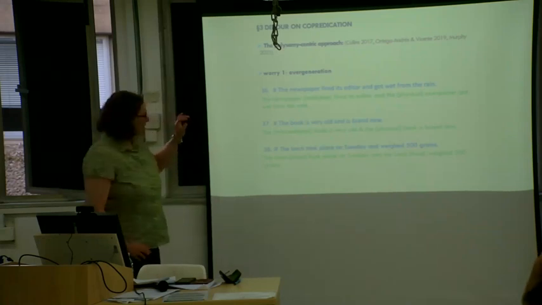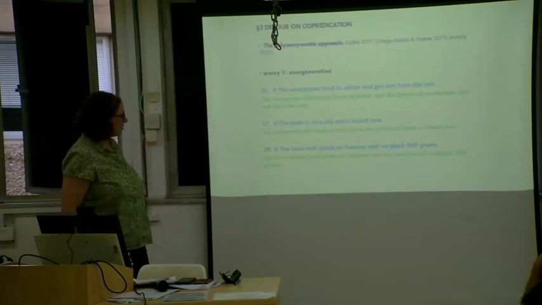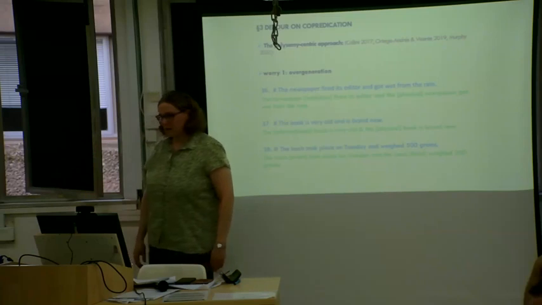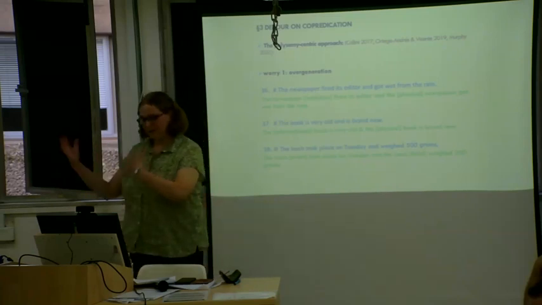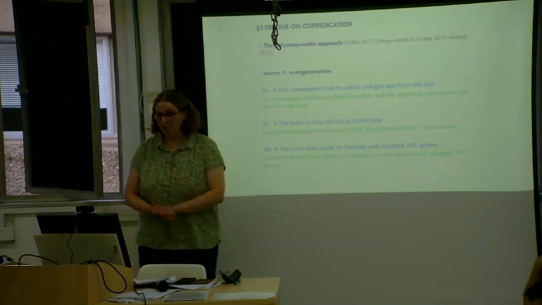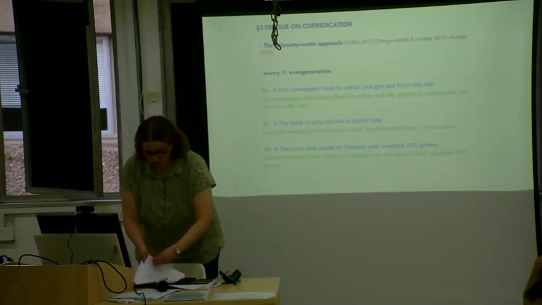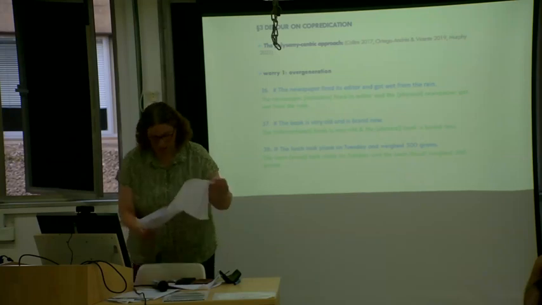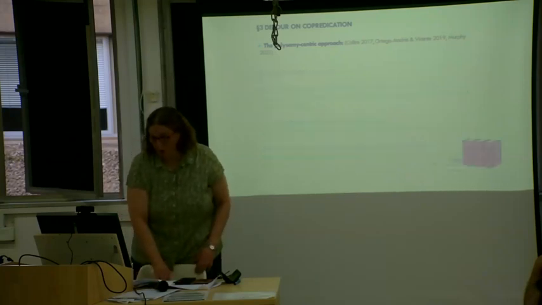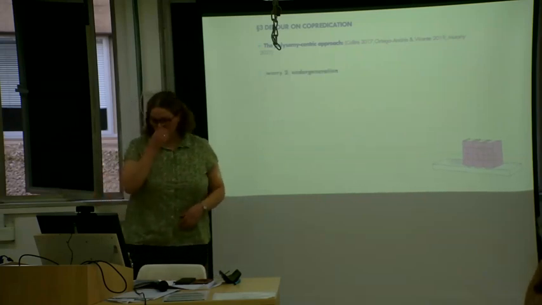Okay, so the question of what distinguishes these bad cases like 37 and 38 from good cases of copredication is very interesting. In the discussion, if you want, I can tell you my own view on this, but the point for now is that the polysemy-centric approach has a problem accounting for this data. Let me just briefly mention one other worry for this approach. They also have an undergeneration problem.